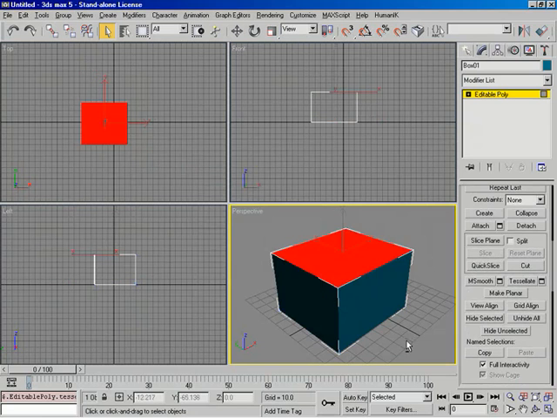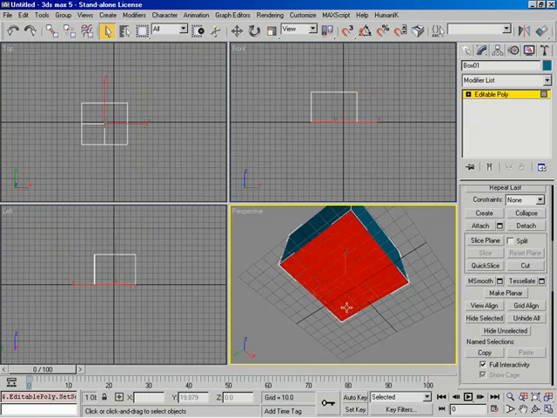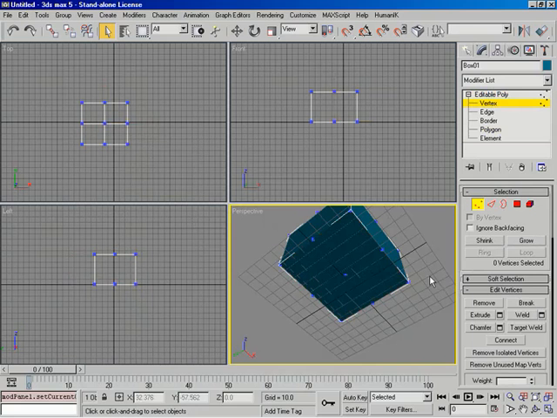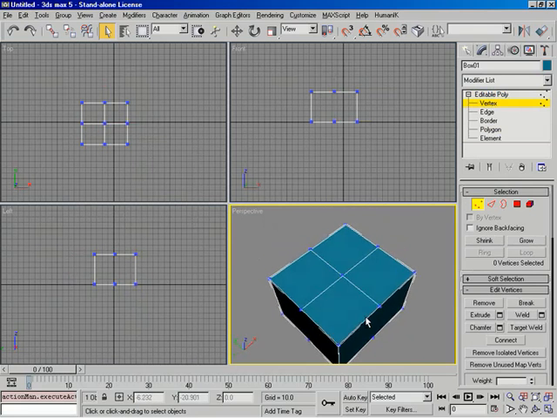Let's flip on over to the bottom. Let's grab this one down here, and I'll just do a repeat last, and that'll work. So let's now switch back over into Vertex Subobject mode. You can already see the vertices. Let's hit G to get rid of the grid, and F4 to turn on edged faces. So now this is going to work a little bit easier for demonstrating some of these